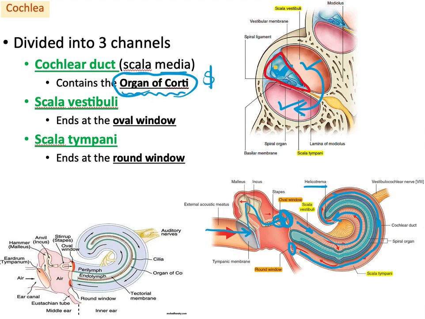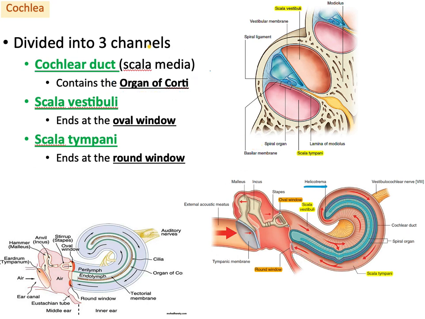Now, this is the cochlear duct or scala media that contains the organ of Corti or spiral organ. You call it organ of Corti or spiral organ. This is the microphone of your body. This is very important. We'll talk about it. Anyway, you see from what I explained before, how the sound or vibration comes to the oval window,